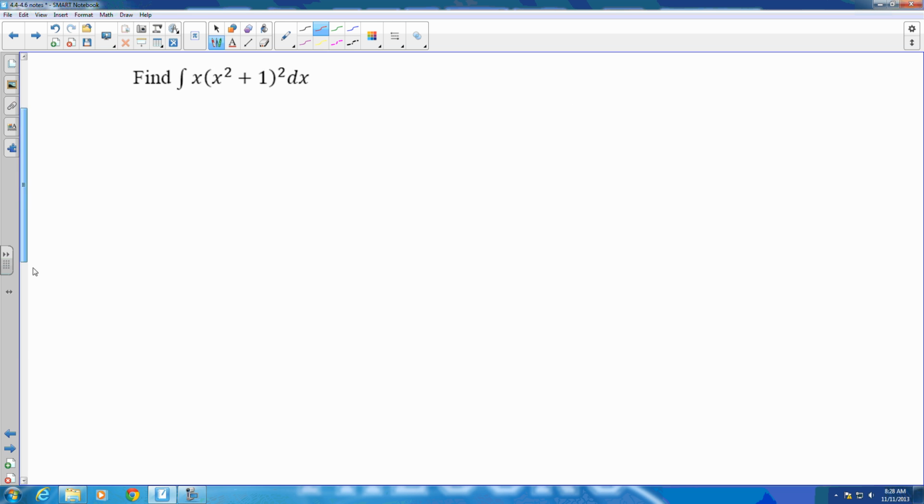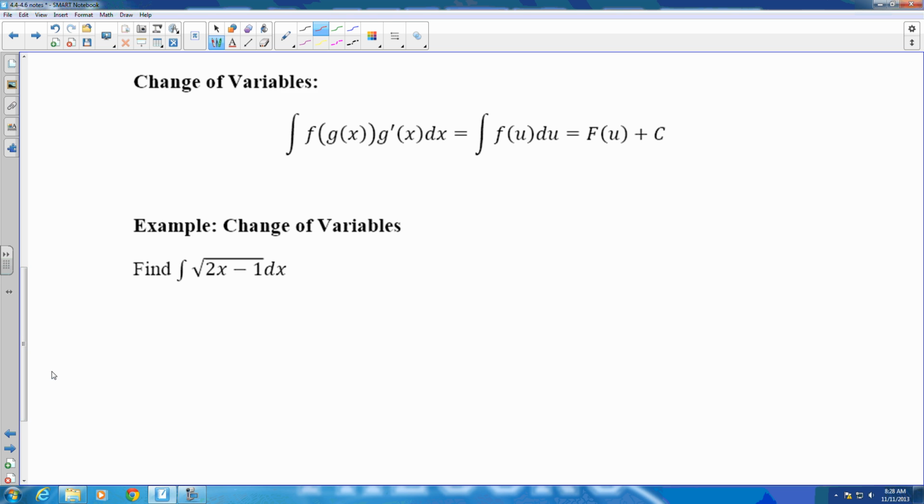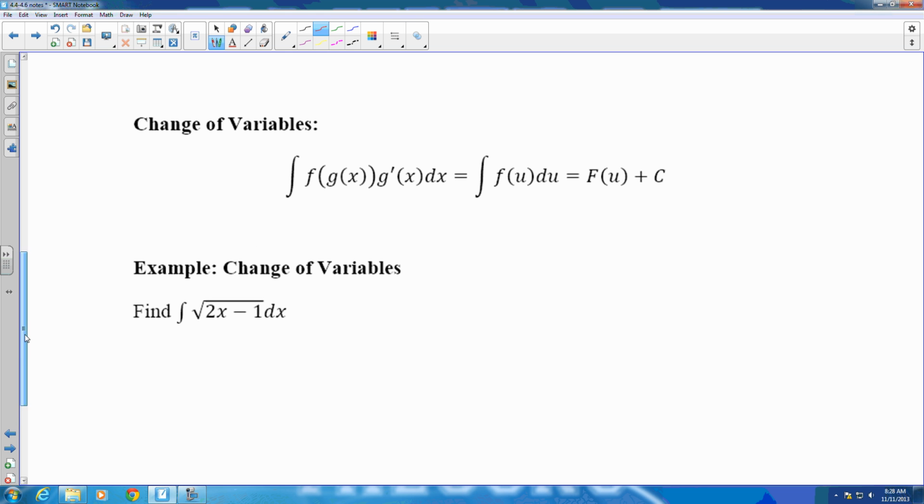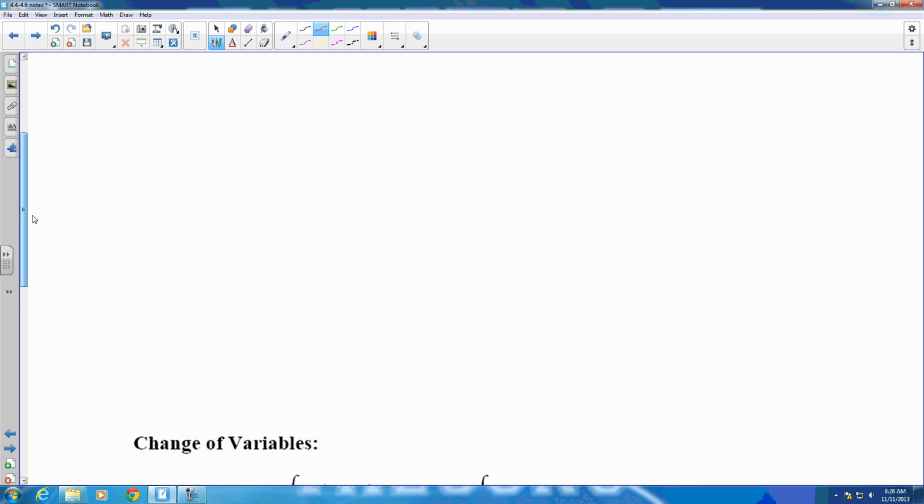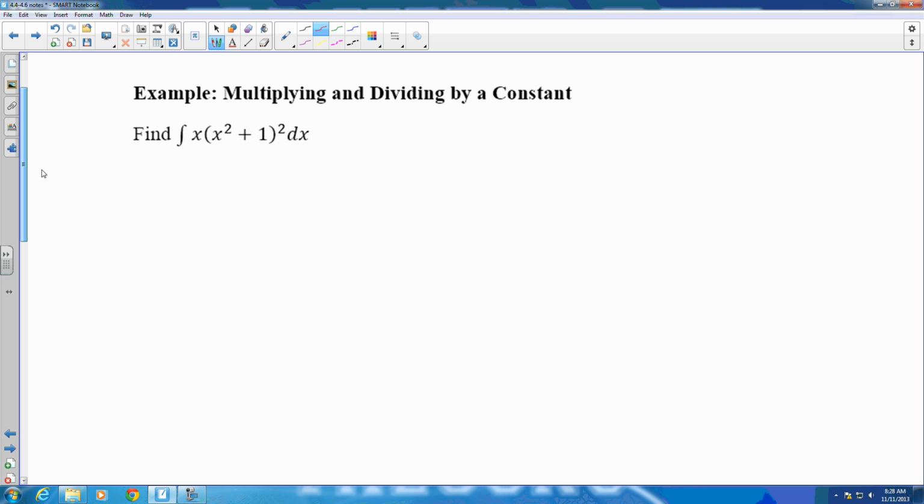So before we do this one, I'm actually going to go down and explain to you what change of variables is, because I think that it's going to be easier just in general to learn this first. So again, if we have a composition of functions times the derivative of the inside, what you do is take the integral of f of u du, which is F of u plus c. So the change of variables, what you do is figure out what your inner function is. In this case, our inner function is